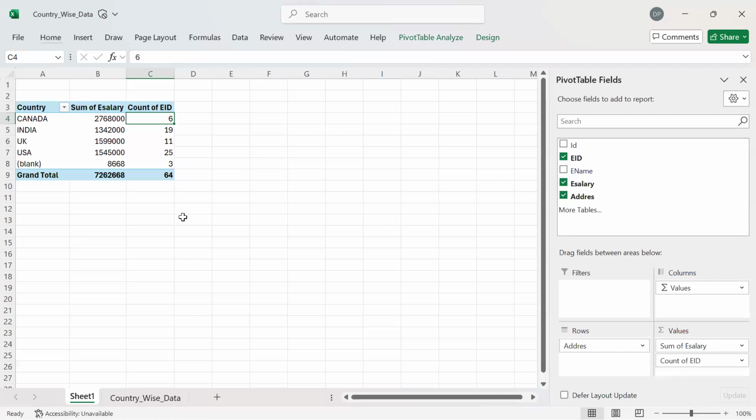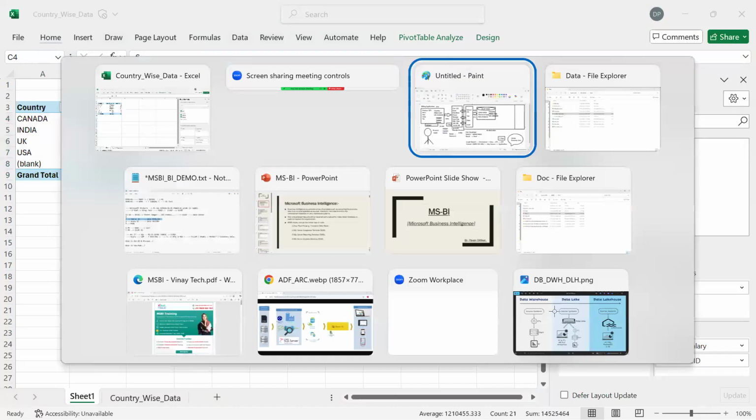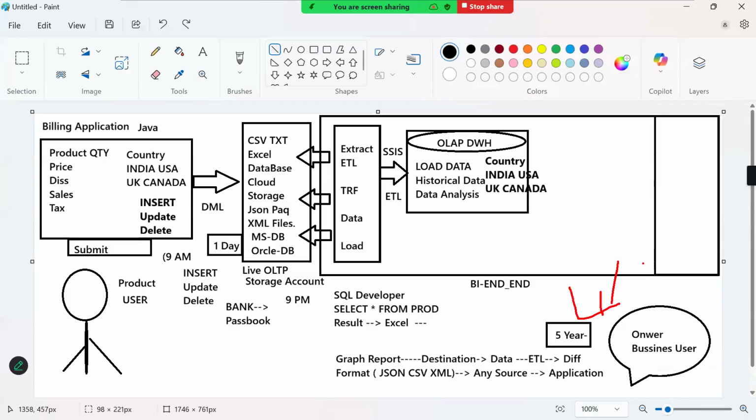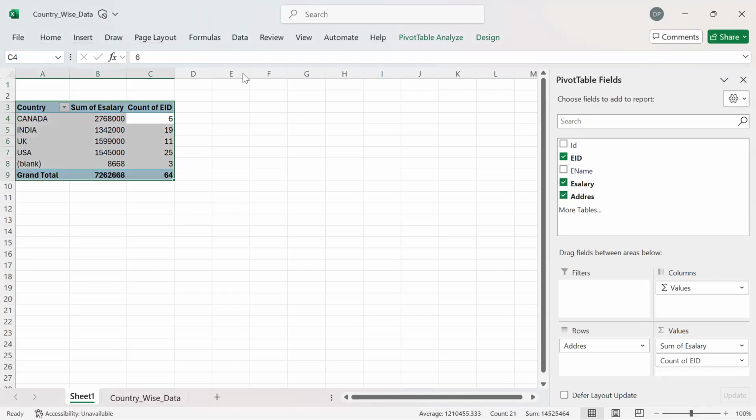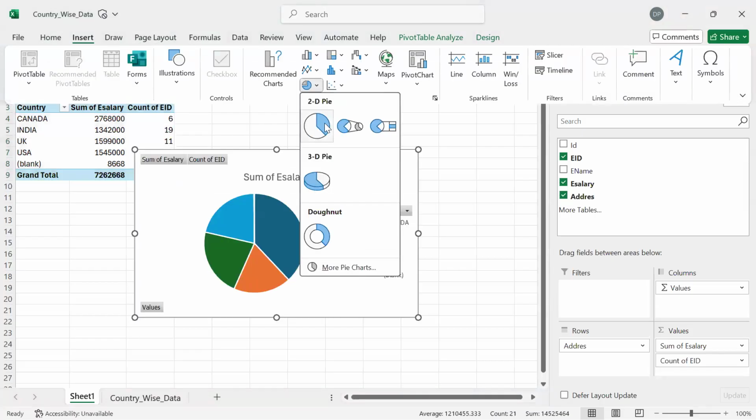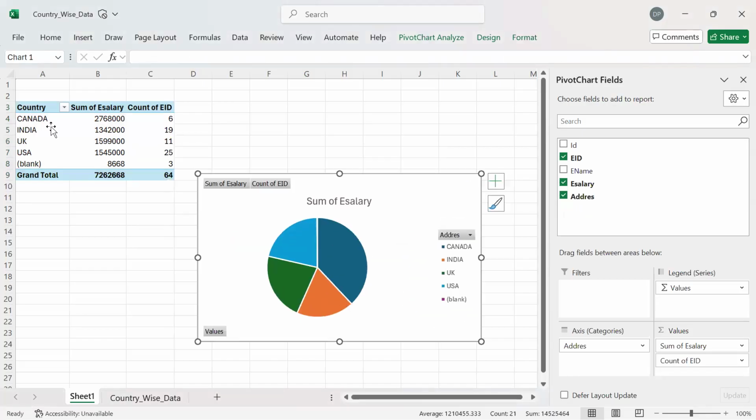I can do it here also. You want, sir, this is not looking like a graph. This is not looking nice. My client is asking for graphs, pie chart, line chart. Yeah, I'll do it here only. You want a graph? Which graph do you want? Tell me, I'll give you a graph also. You want Canada? Can you see the data preview?